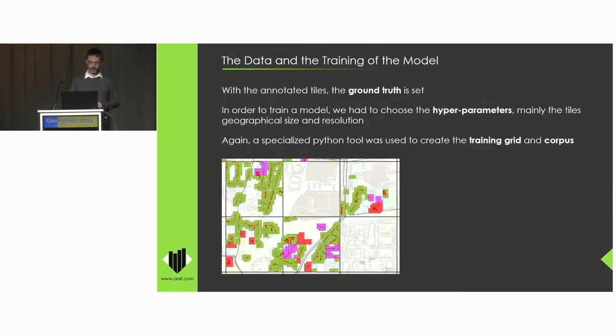So based on this grid, we deduced different corpuses. Corpuses are really the data that will be fed into the model. So we didn't use the base grid, the annotation grid, because the cells were way too big to be fed into an AI model to fine-tune it. So we had to define subgrids more suited to train the model. So we again developed some tools here to take care of this aspect, to be able to deduce subtiles from the main tiles that we use to annotate the image, in order to be able to feed the model, to fine-tune the model.